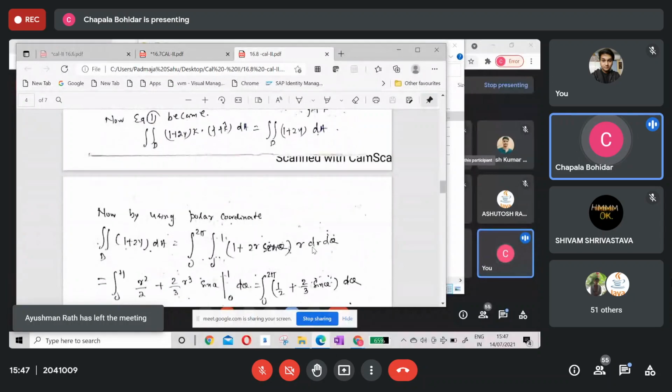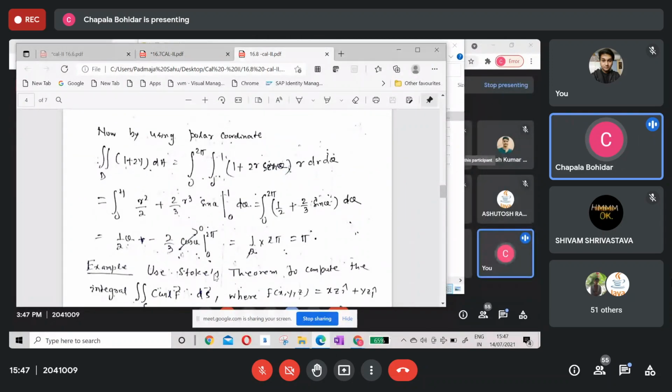So if you convert it to the polar form, then you can write down the value. Though it is given as a circular cylinder, so we can convert the domain to polar form, that is r lies from 0 to 1, because it is given as x square plus y square is equal to 1. R lies from 0 to 1, and theta lies from 0 to 2 pi, so 1 plus 2r sine theta r dr d theta. Then you can solve and get this result. This question is as usual.